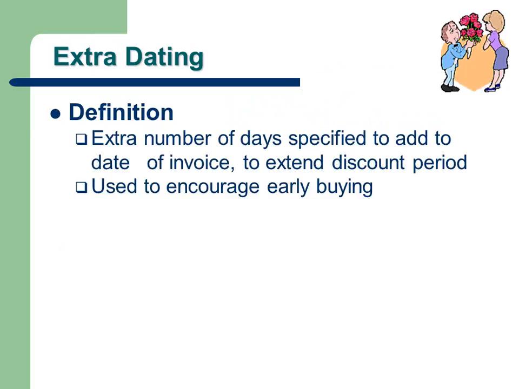All right, next dating term is called extra dating. Okay. The extra dating term basically means that you have an extra number of days specified in the terms so that they are added to the regular dating term that you already have to extend the discount period. So basically the vendor is adding extra cash discount days so that the buyer will still get the cash discount even if they pay later. This dating term is used for the vendor to encourage the buyer to buy the merchandise